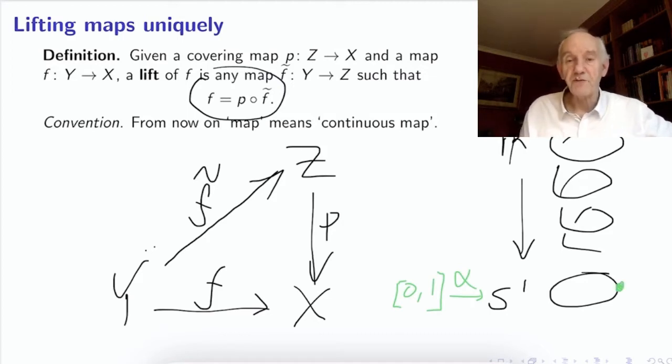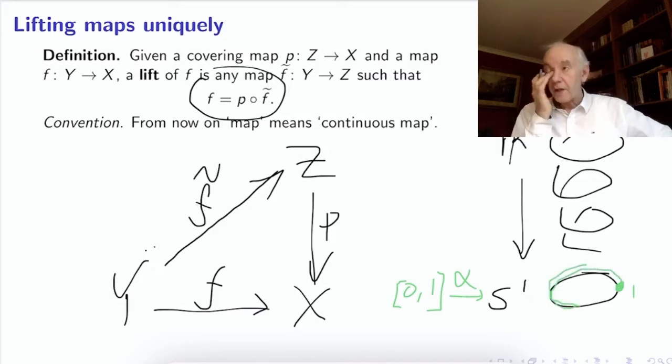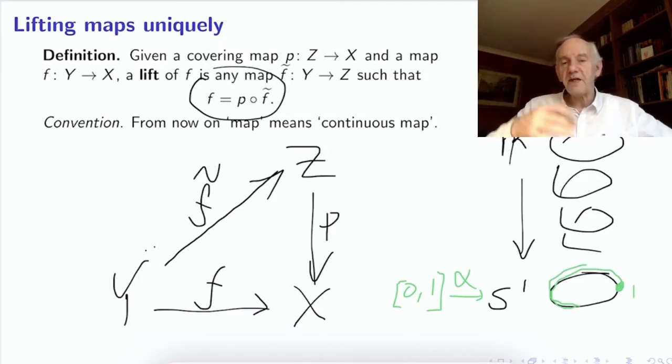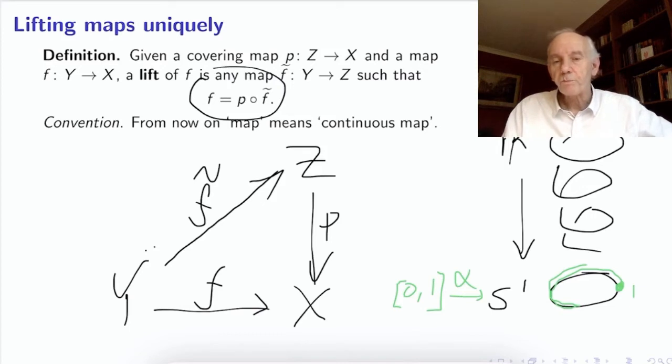Think of that as our base point. Then you can imagine a path might set out in one direction. It has to stay on the circle, but it may go back at a certain point and so on, wander around. The point is, it's clear that there's a unique way one can lift that map to the